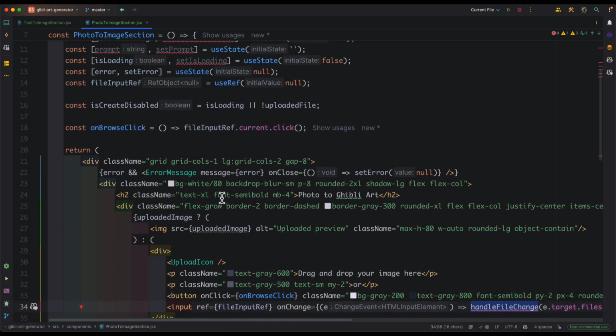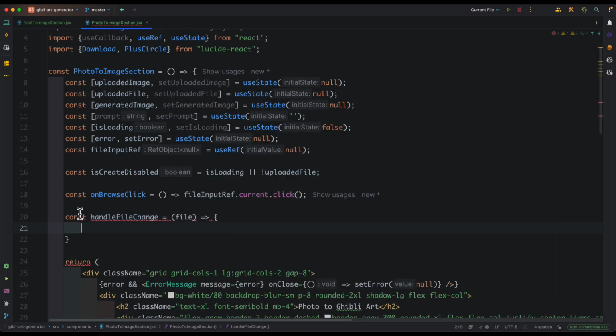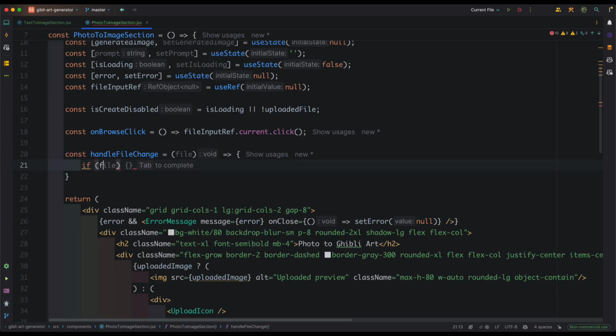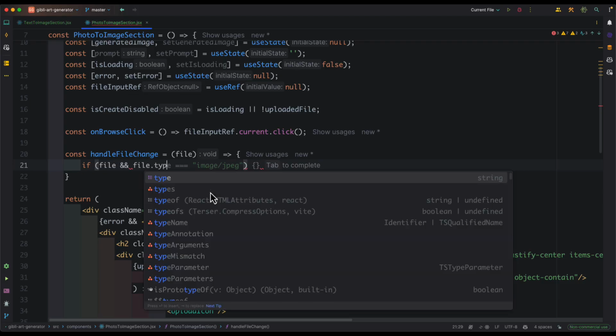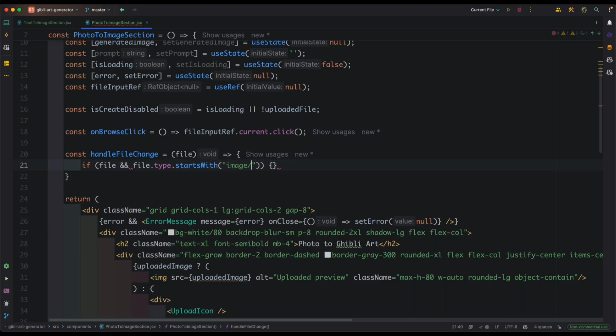Next, what we need to do is create that function which is handleFileChange. So at the top, I'm going to create the same function which is const handleFileChange, and we will pass the file. And inside this, first of all I'm going to write the if condition. If the file is present and the file type starts with image, then